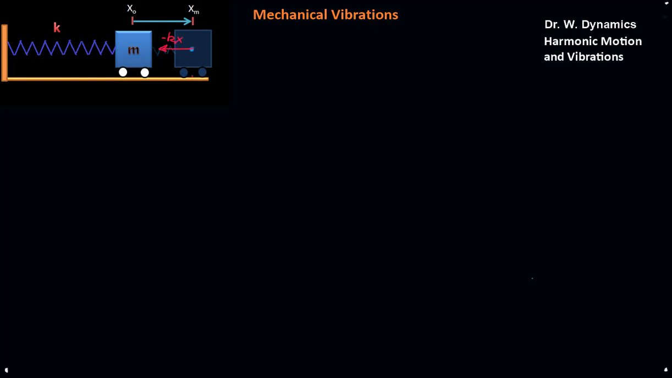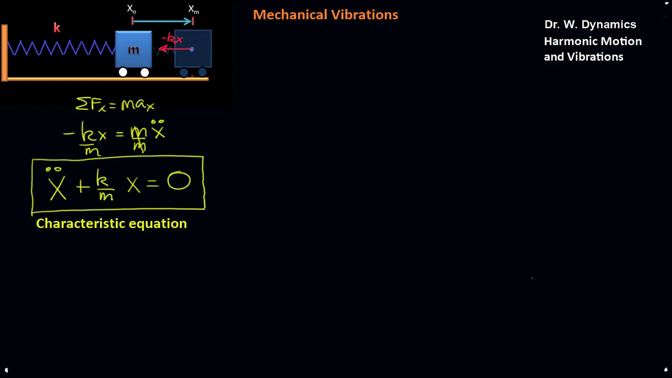And using Newton's law, the sum of the forces in the x is equal to m a x. We have negative kx is equal to m x double dot, which is what we'll write for a x. And dividing by m, we get our characteristic equation, where we know that the general solution for this form of equation is a sine